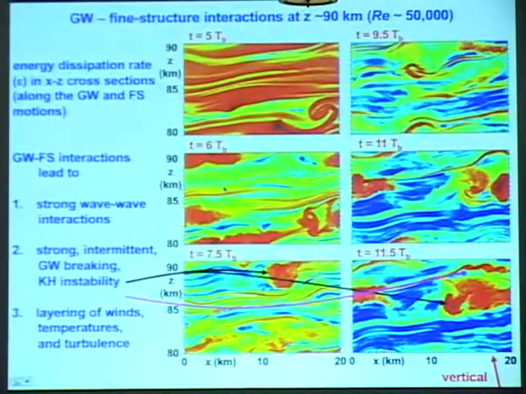This is a wave breaking event. Here's another wave breaking event locally. And then this is that shear instability event that we saw at late stages. So the degree of complexity here is not driven by the complexity of the initial flow, which was very simple. It's simply driven by the internal dynamics and the mutual distortions of the flow fields that contribute.